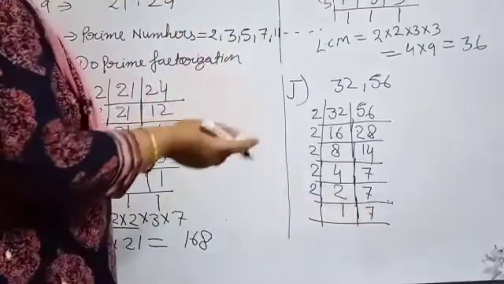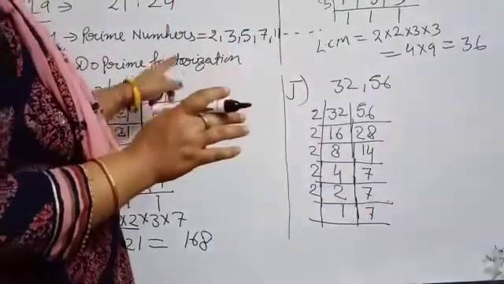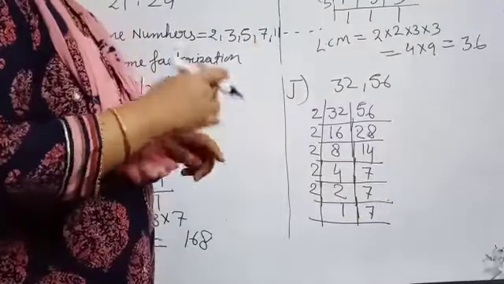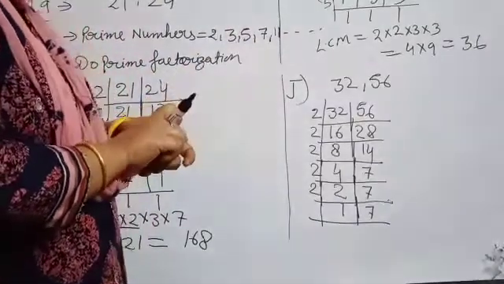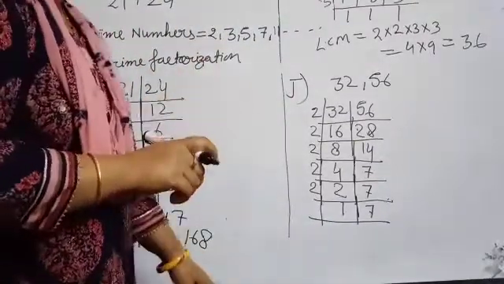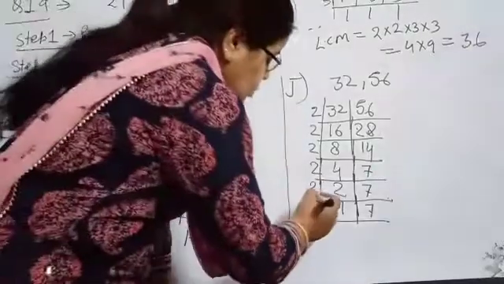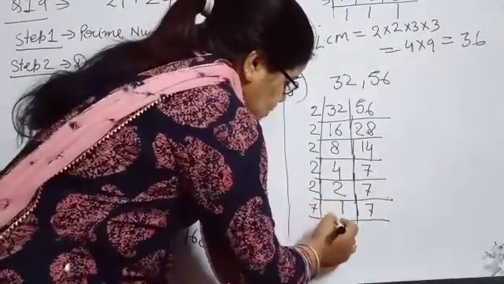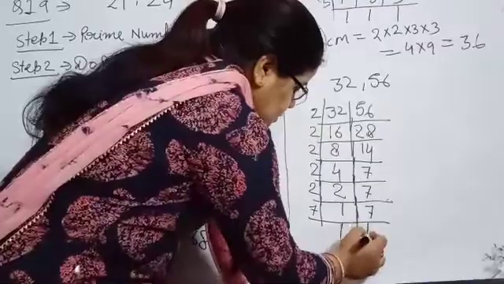Means we will move to the next number when the divisibility of one number is completed. Otherwise, firstly we will not change the number. Till its divisibility is finished, we will not change the number. Now go to the 7. 1 copy down, or 7 1s are 7.